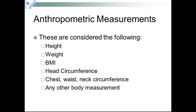Anthropometric measurements are considered the following: height, weight, BMI, head circumference, chest, waist, and neck circumference, and any other body measurement. Oftentimes we do head circumference in infants up until 36 months old to detect hydrocephaly or microcephaly. We oftentimes do chest circumferences to